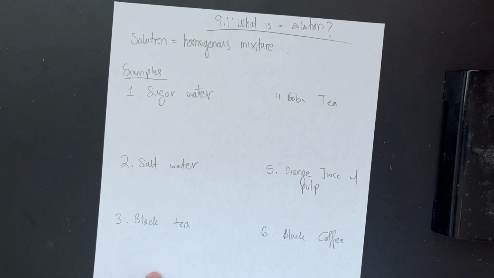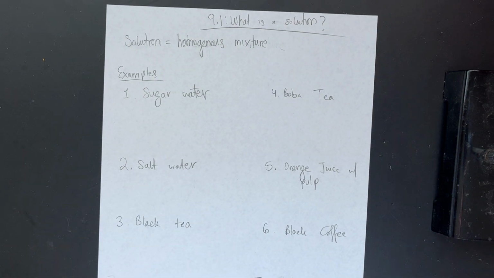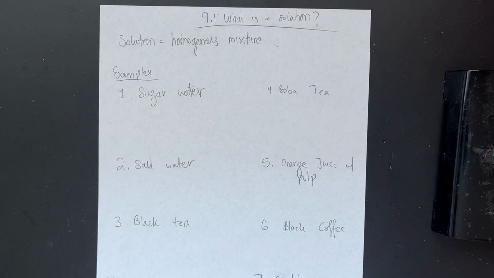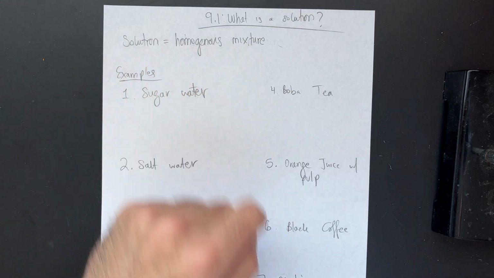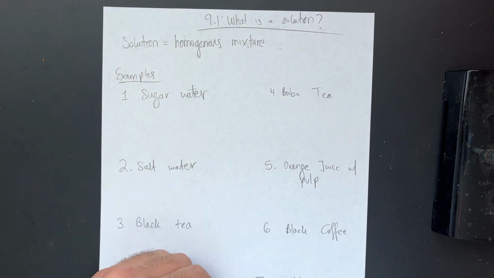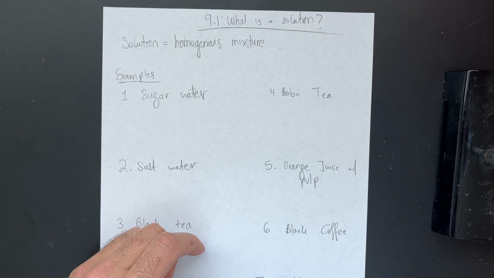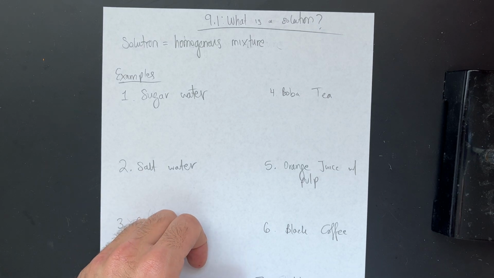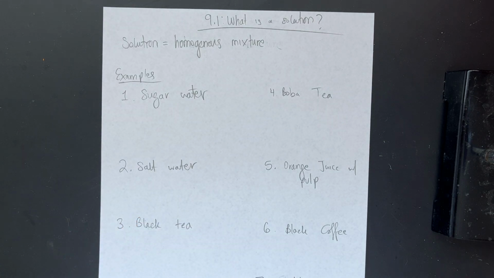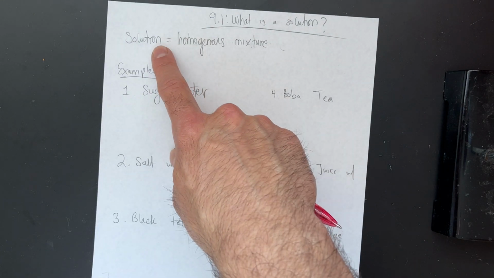All right, here's a little video on 9.1, what is a solution? And the long story short, in 9.1, we learned that a solution is a homogeneous mixture. We reviewed what the word mixture meant. If you really need the review again, please feel free to take a look at my slides or take a look at Unit 1. And we reviewed what this word homogeneous meant,